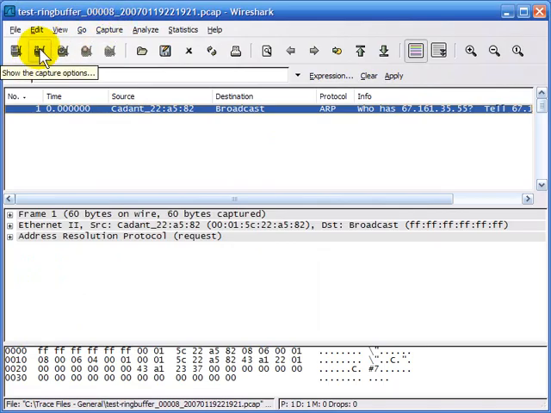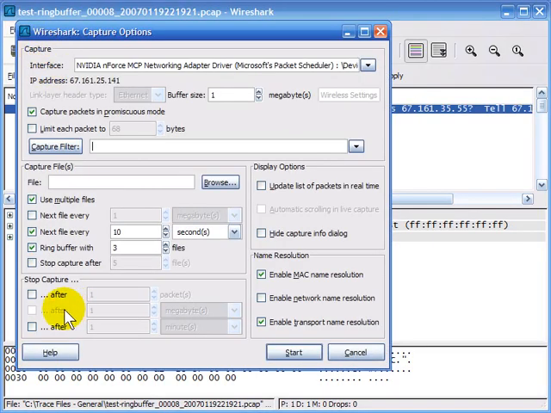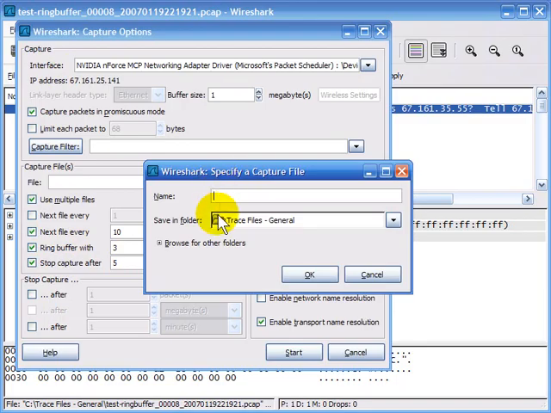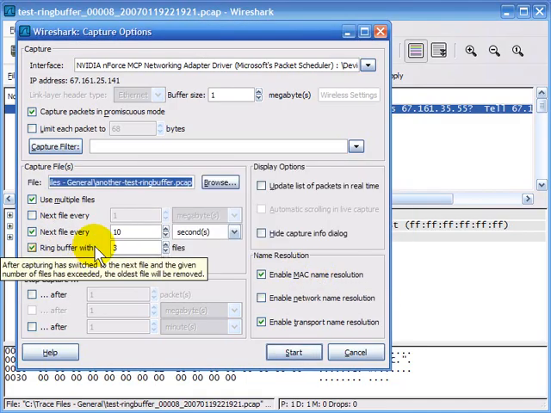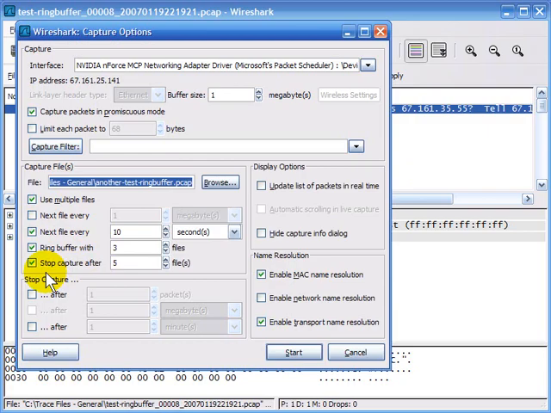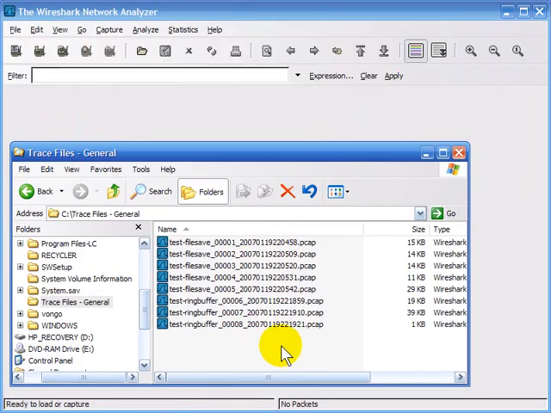Now I will say that I want to show the capture options again. This time I'm going to use a combination of the ring buffer, saying I want 3 files, and stop capturing after 5 files. Now in this case, I'm going to browse, make sure I'm saving these in the right directory. I am. And this is going to be called another test ring buffer.pcap. Say OK. So now I'm using a combination of the ring buffer with a static maximum number of files to be saved. I'll click Start,